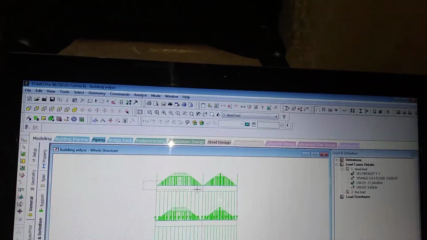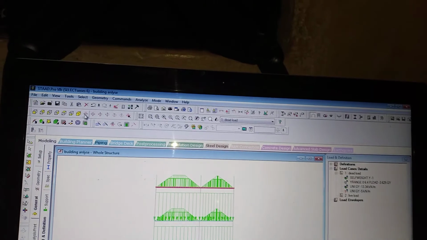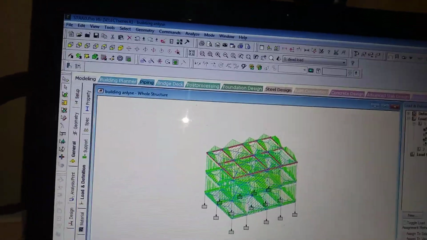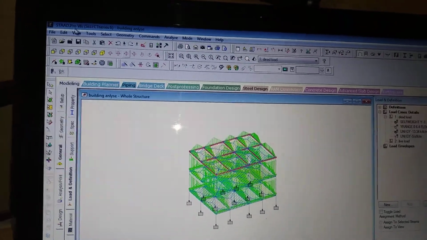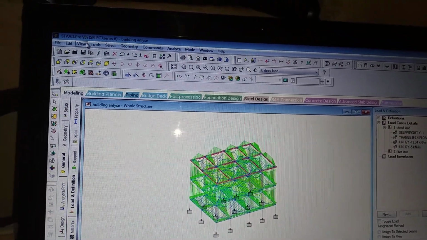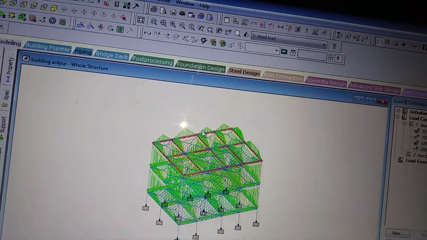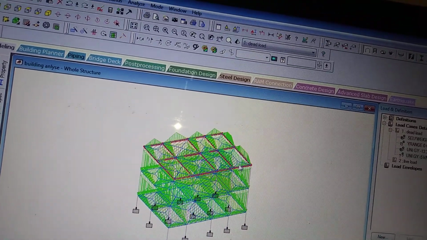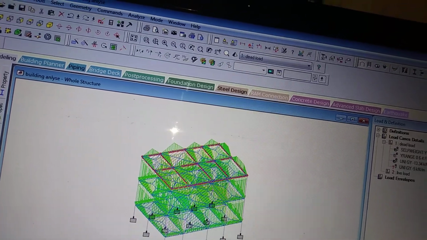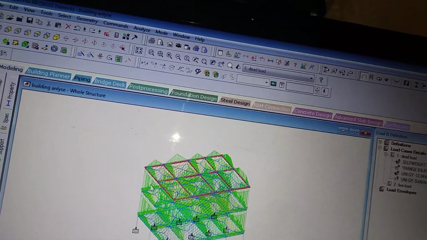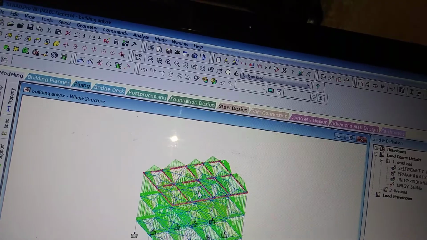Okay, so I will select it. See here, selections. I want only this much, and also the outside parapet walls are on the edges of the beam, or else the edges of this structure.